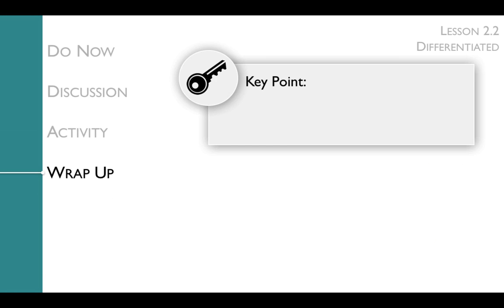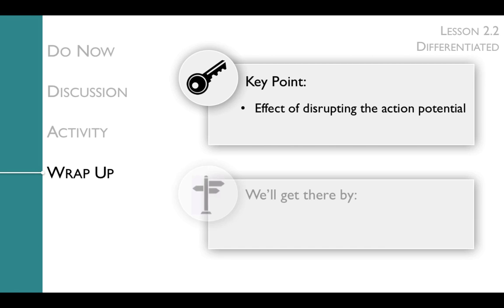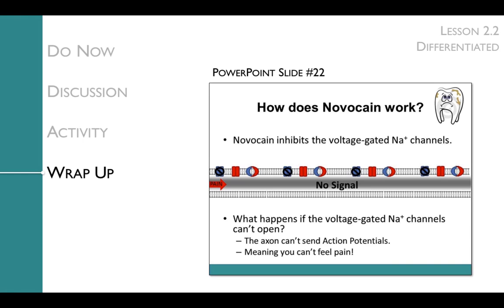The key point of the wrap-up is to think about the effect of disrupting the action potential, and we'll get there by examining how Novocaine works. In the wrap-up, you'll revisit the question, how does Novocaine work? Slide 22 shows students that Novocaine inhibits the voltage-gated sodium channels and asks students what would happen if these channels can't open. If the sodium channels can't open, then we can't send an action potential and you won't feel any